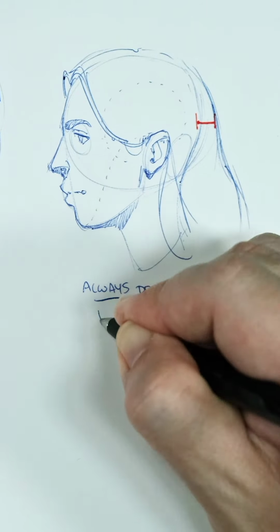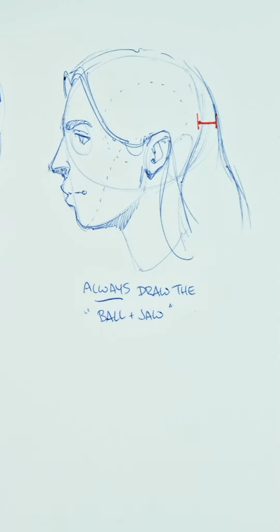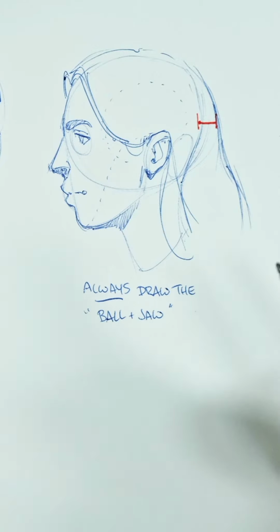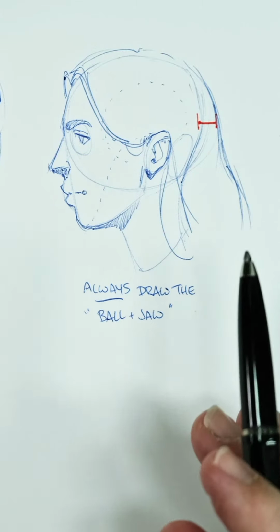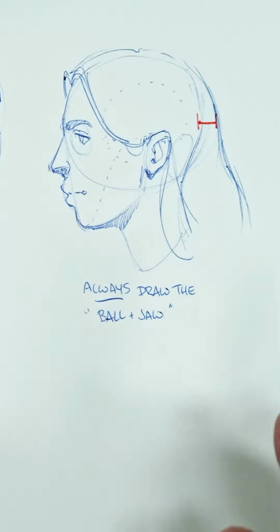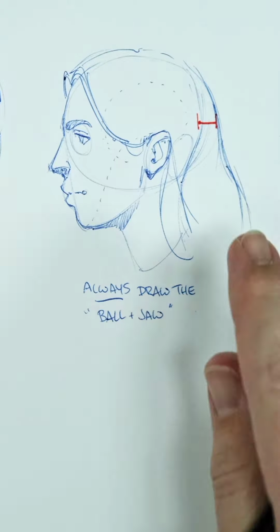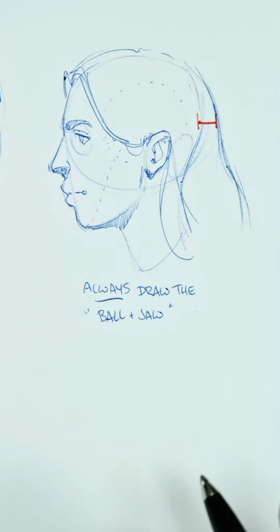Always draw that ball and jaw. It's the equivalent of doing scales when you're learning music, or doing drills when you learn a sport. Your drill, your scales would be to draw that ball and jaw, draw that structure of the head first, then draw the hair. Over time, as you get more comfortable drawing these things alone, like without structure, you won't need it anymore. But you'll be amazed at how much better the spacing looks when you're thinking about the structure underneath. So to review,